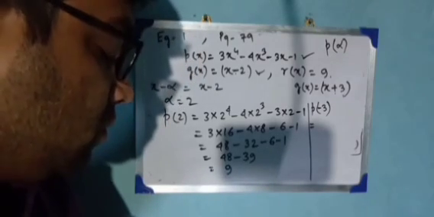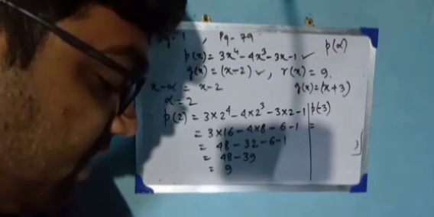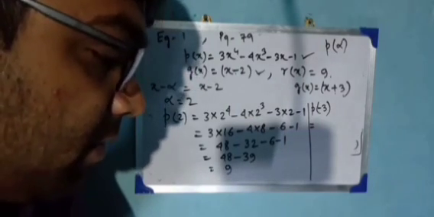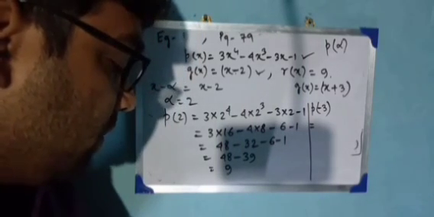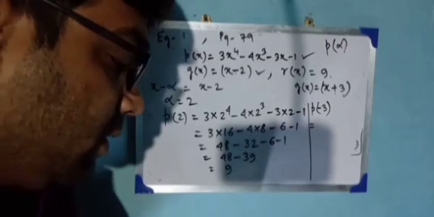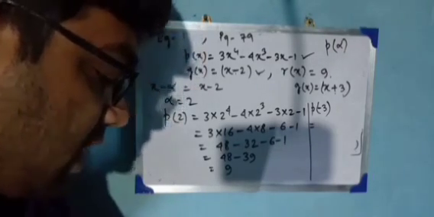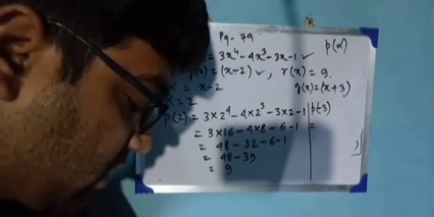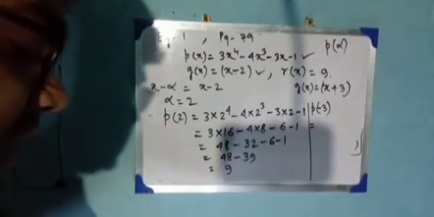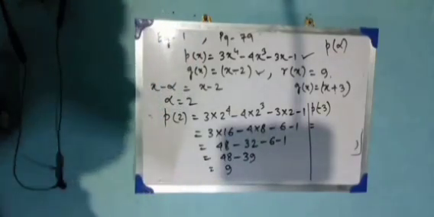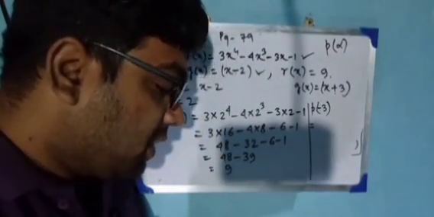I suggest you go through example number 1 on page number 79, example number 2, next example number 1 on page number 81, example number 2 on page number 82, example number 3, 4, example number 5, example number 6, example number 7, example number 8. Go through all of these examples, and if you have any problem in any example, you can tell me. I will make you understand.